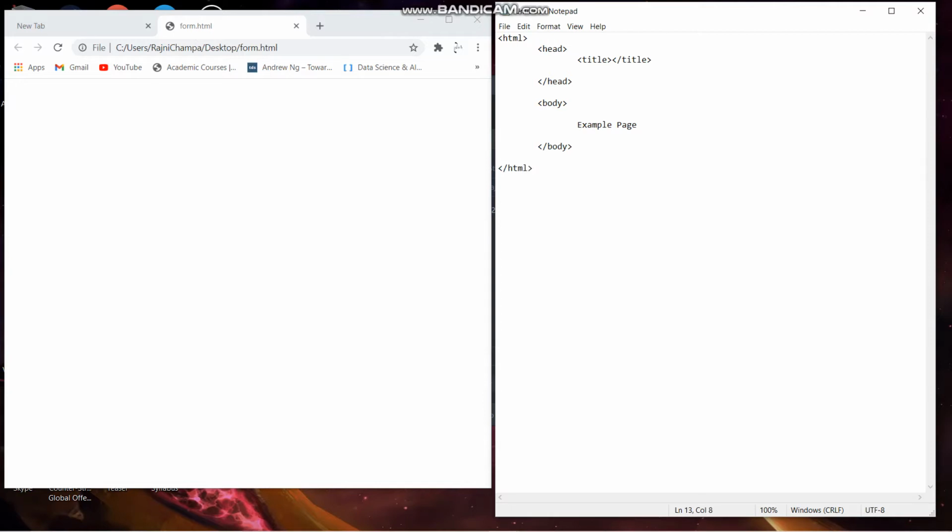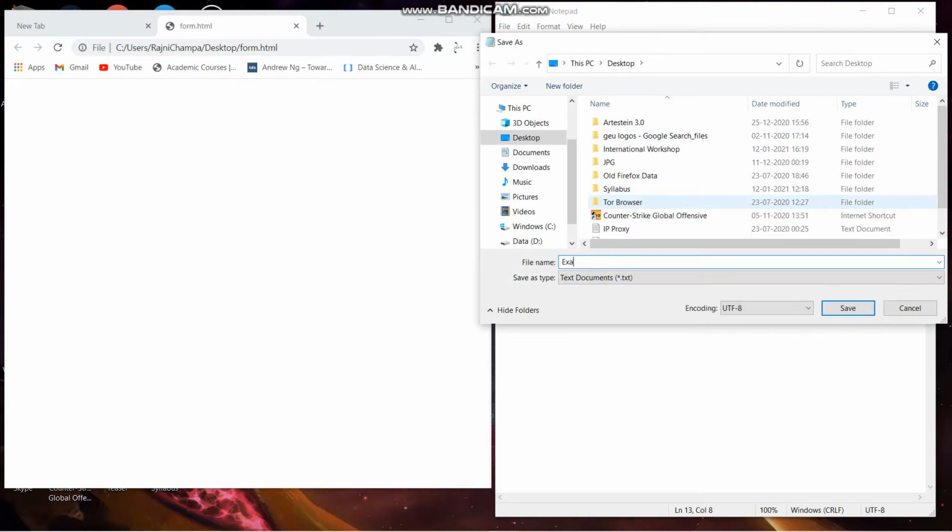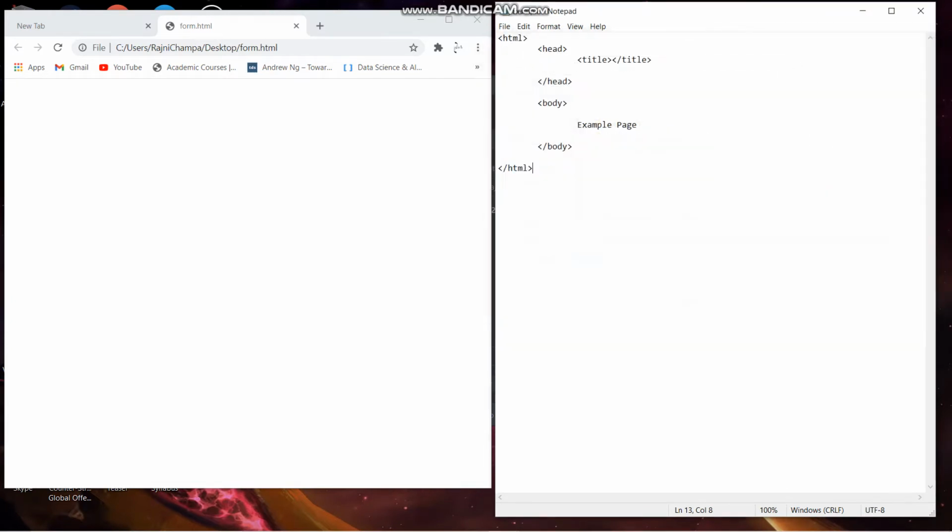The action attribute takes us to the server side file whenever we fill any form. So here, with the action, I am giving example.html. Always remember that you have to give something in the action, so whenever your form gets filled, you will get redirected to here.